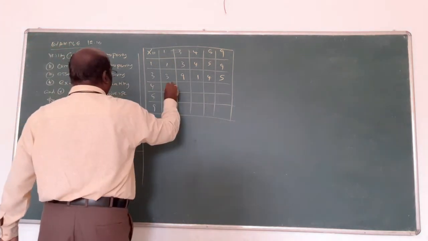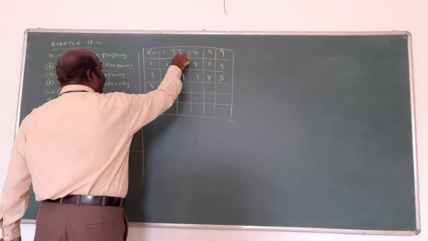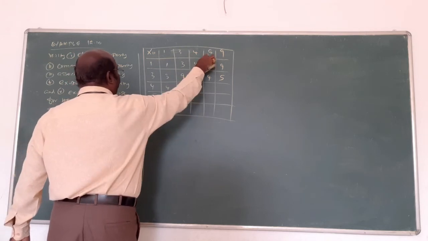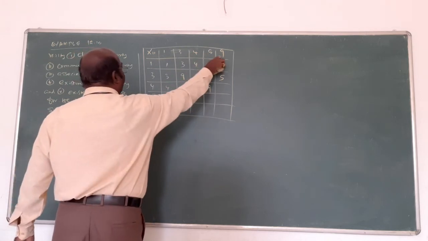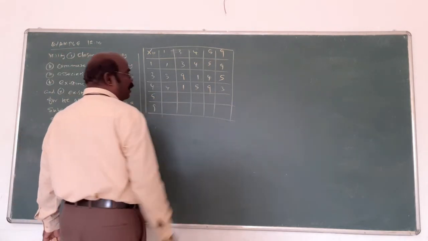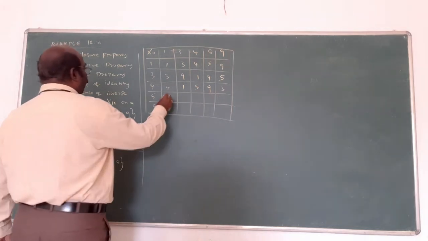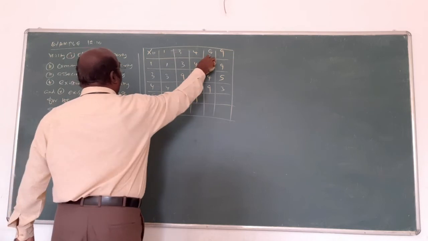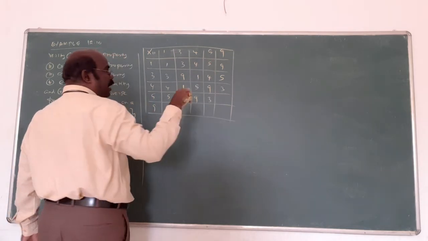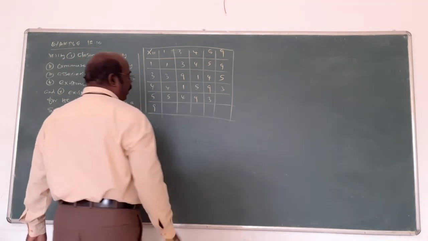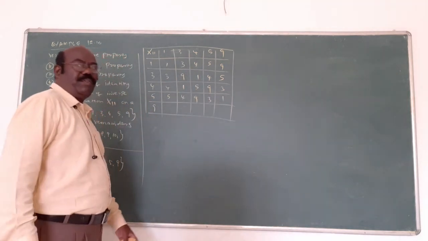4 ones are 4. 4 threes are 12, 11 one time, remainder 1. 4 fours are 16, remainder 5. 4 fives are 20, remainder 9. 4 nines are 36, am I right? 33, remainder 3, 11 three times. Next, 5 ones are 5. 5 threes are 15 means 4. 5 fours are 20 means 9. 5 fives are 25, remainder 3. Here in 25, 11 two times is 22, remainder 3. 5 nines are 45, remainder 1.